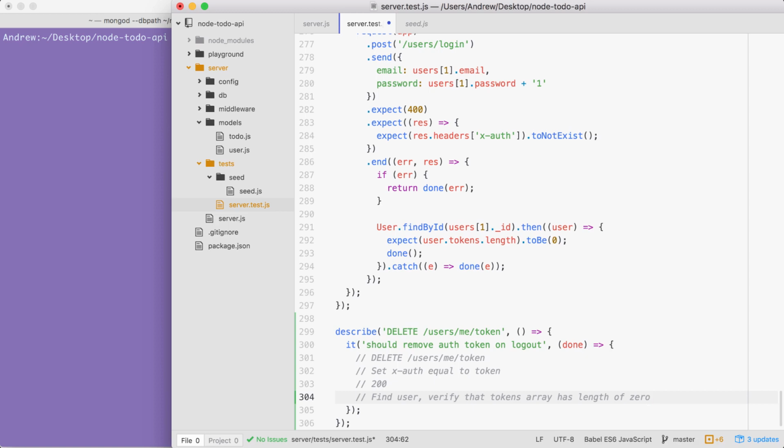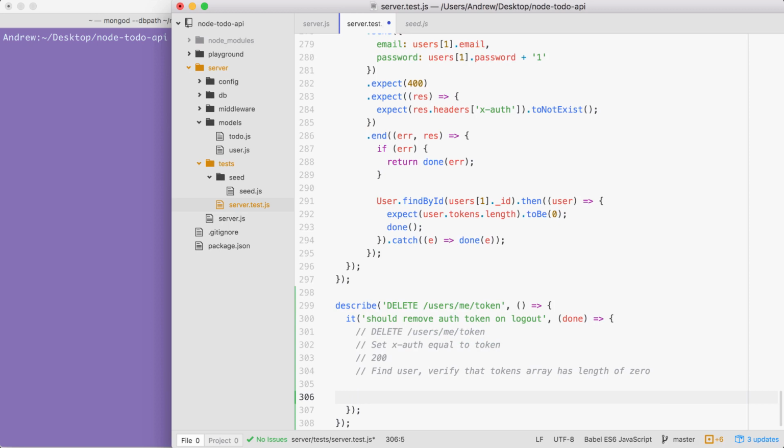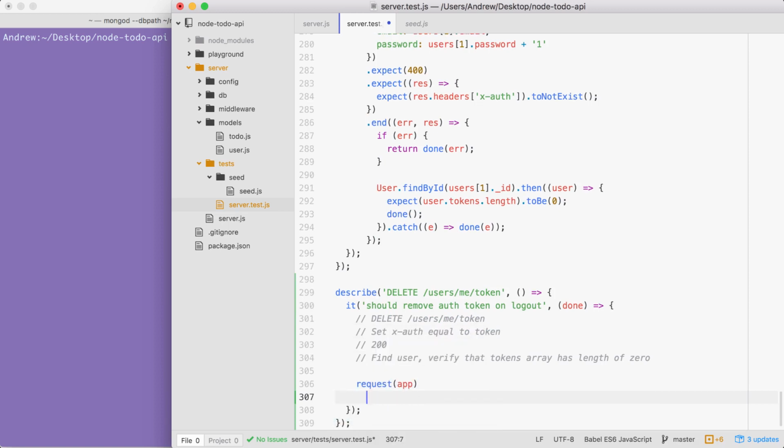How'd you do? Hopefully you were able to get that done without too much trouble. To get started, we are going to be making a request to our application, and this is going to be a delete request, so I will call the delete method. Now the route for this one is going to be a regular route. There is no need to inject any URL parameters, so we can use a regular string and specify it